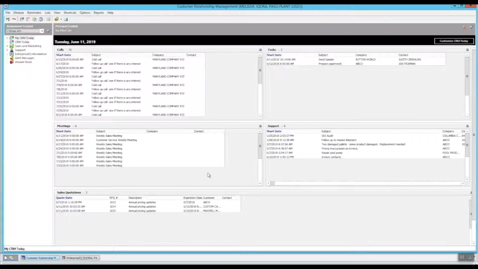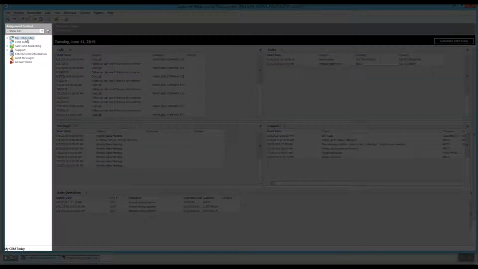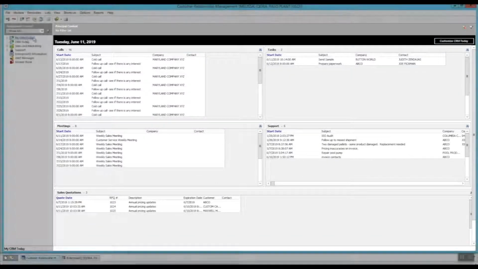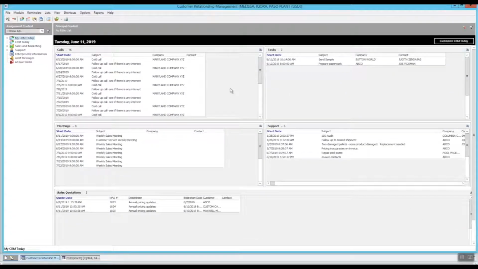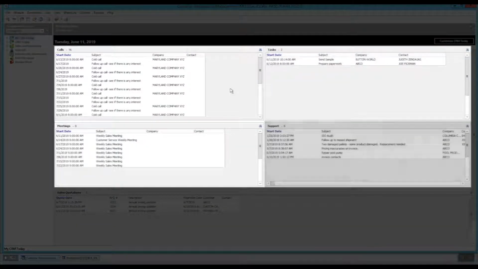The main CRM screen is divided into two main sections, the left side, which shows all the available features within the module, and the right, which displays the information generated from the highlighted item on the left. With My CRM Today selected, the module summarizes only information pertinent to the logged-in user, regardless of any filters that may be set. The right side of the screen displays all of the user's calls, tasks, meetings, support issues, and,